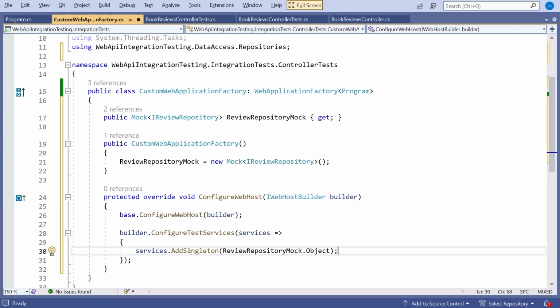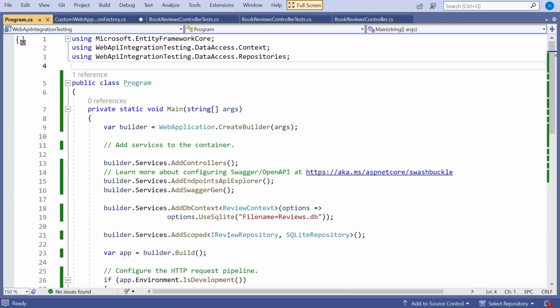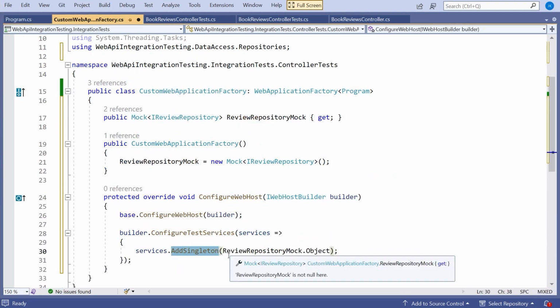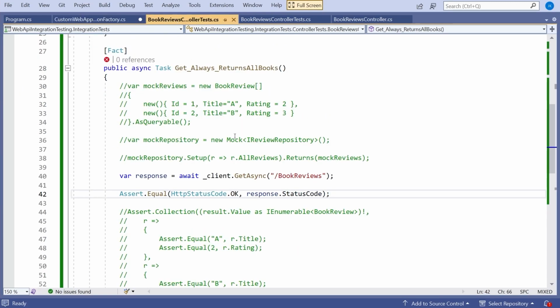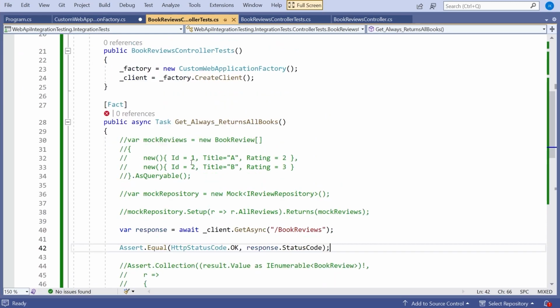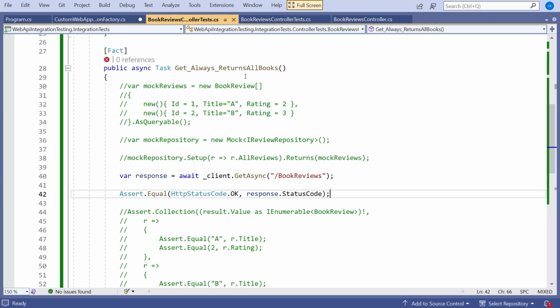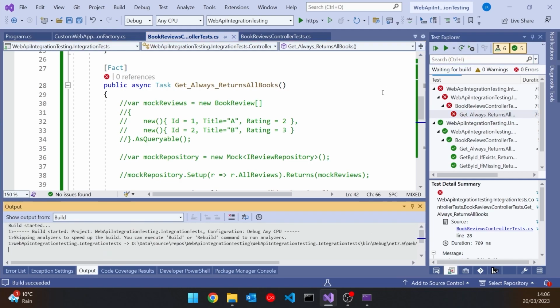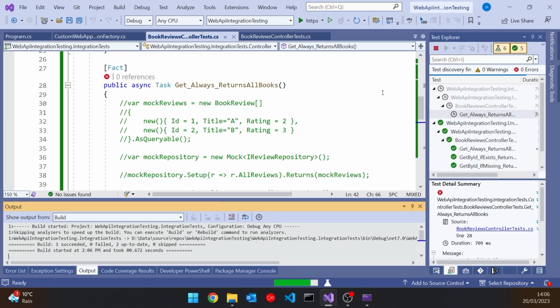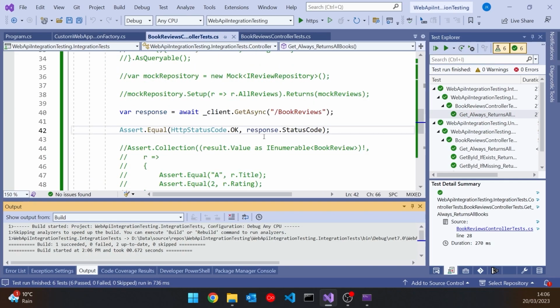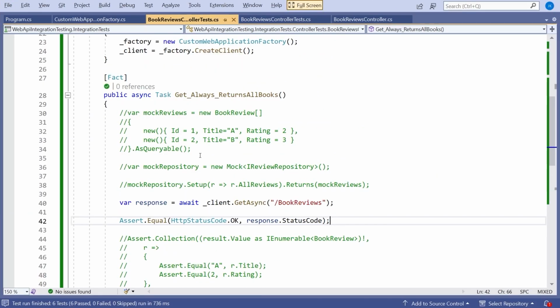You may think it's a bit odd we're doing this as a singleton because more normally, say here, we do the repository as scoped, but actually it doesn't matter here because remember this thing is being recreated each and every time because of the way that xUnit runs that around. So having done that, even though we haven't configured that mock for any actual behavior, that should just be enough now that it will be there when it's needed, and we should get the green light just saying that we got back the status code of OK, even though we didn't actually get any books. But now we can go a step further, and now we can start doing our mocking.